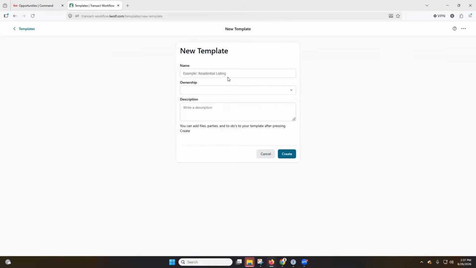When I click on add template, I can put inside whatever template name I want to. All right, so under the template name on here, I'm just going to put this in as residential listing, like the example. Got the ownership as personal, that's great. And then I can put inside whatever description I want to if I prefer. So I'm going to put inside residential templates to use. All right, and I'll click create on here. Now, if you notice,